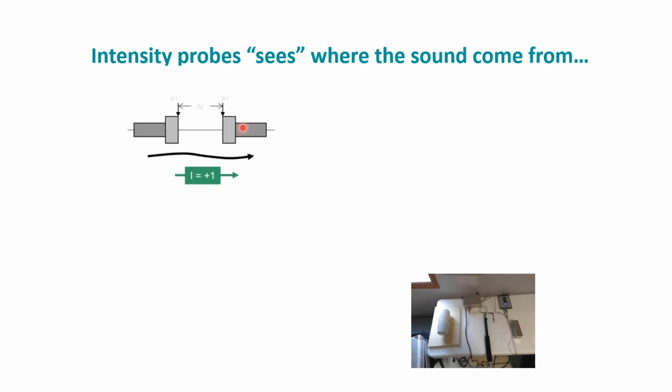This is why we use 2 microphones. Now, one of the main differences you'll see in the presentation today is the PU, the particle velocity probe, does not use 2 microphones. But the PP, the pressure, or the common, I would say, sound intensity probe does use these 2 microphones. If you were to measure sound, but you had the wave coming inwards, it would hit both these microphones at the same time, and your intensity measurement would be 0.